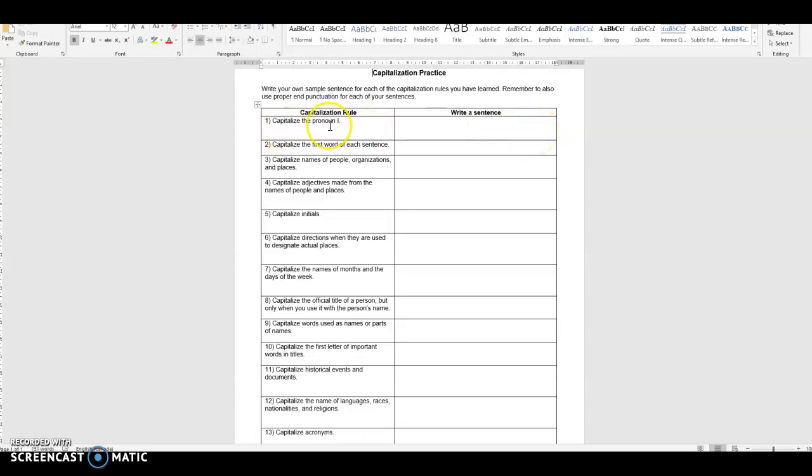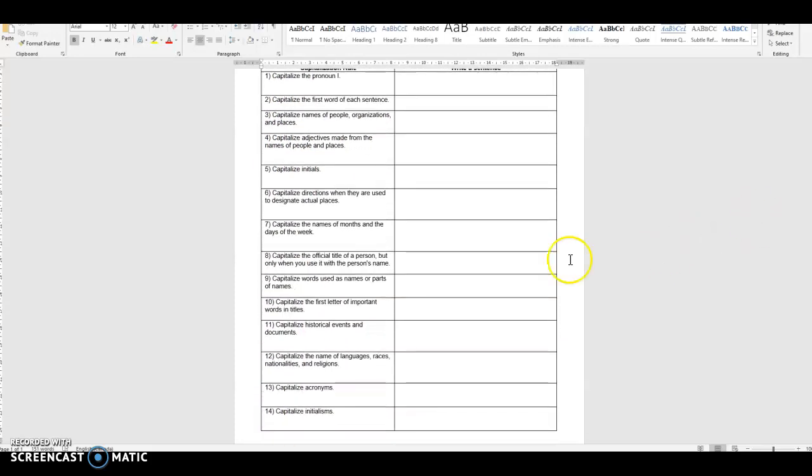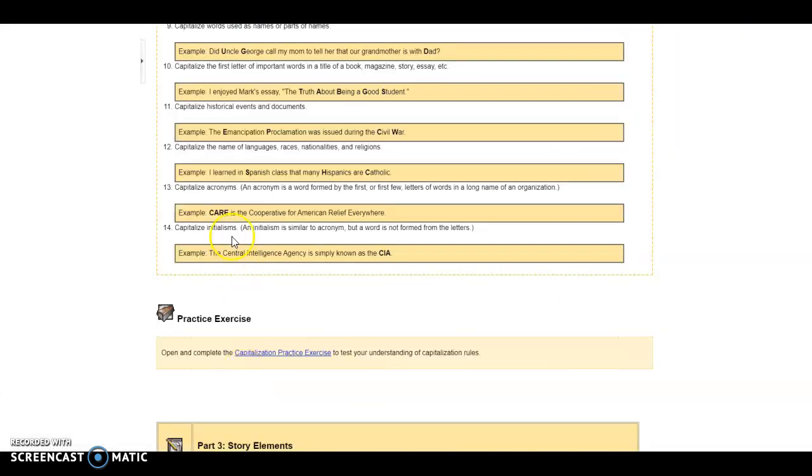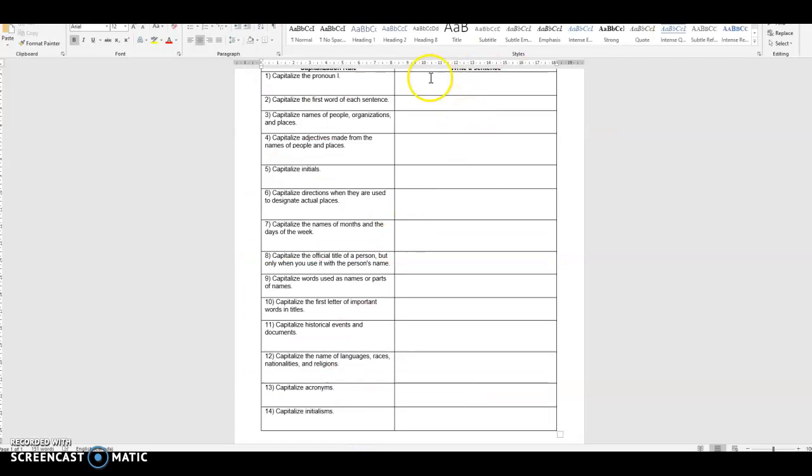And so capitalize the pronoun I. So see if you can write a sentence with the word I properly capitalized. See if you can write a sentence and properly capitalize the first word. See if you can write a sentence and capitalize the names of people, organizations, and places. Each one of these sentences corresponds to one of the 14 rules. So essentially what you're doing is writing a practice sentence showing that you understand each one of the 14